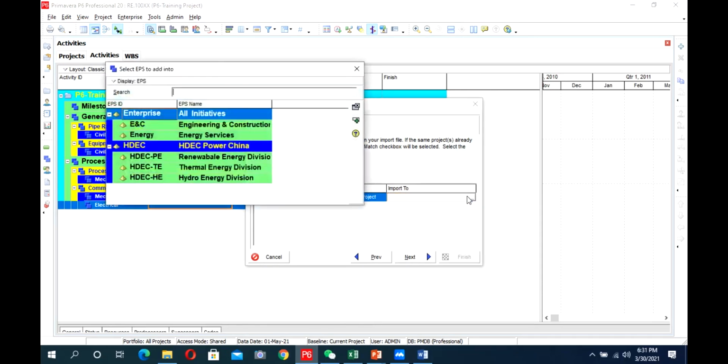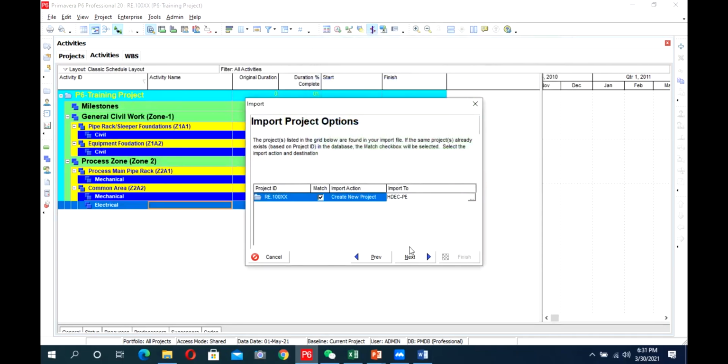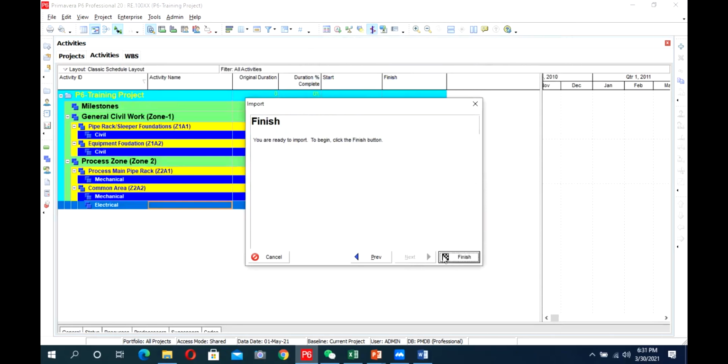Then you go here, import. It will ask you where to import this file. So this is our WBS, this is our EPS level at which we have created the project. So select this one, click next and finish.